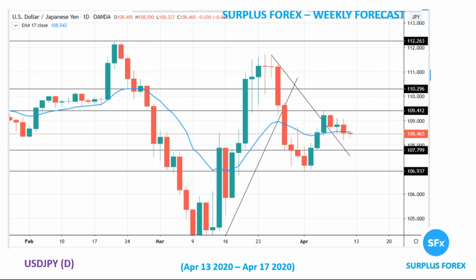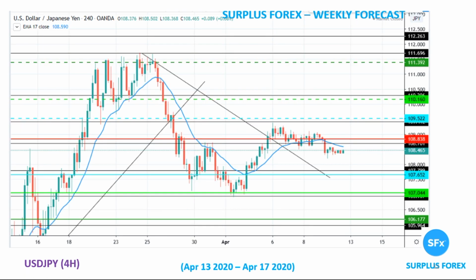The next one, USD Japanese yen. So USD JPY, for the past week, USD dropped as it shows. It did cross the uptrend line on these three candles, and as of now it's sitting below EMA at 108.46. I expect it to fall further, as my bias is mixed to bearish, so I'm open both ways again.